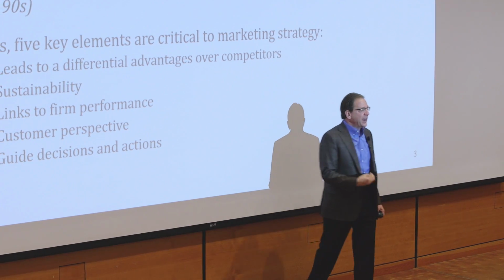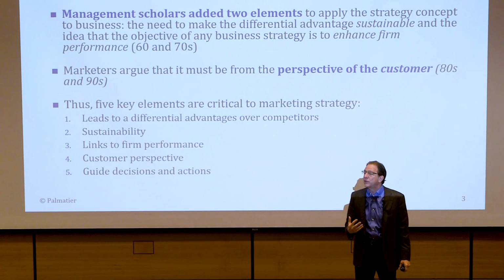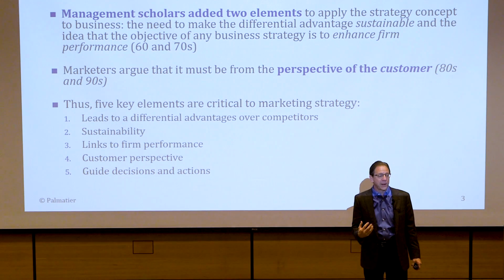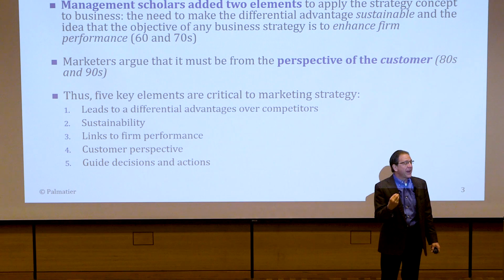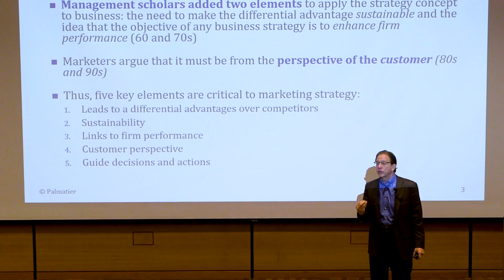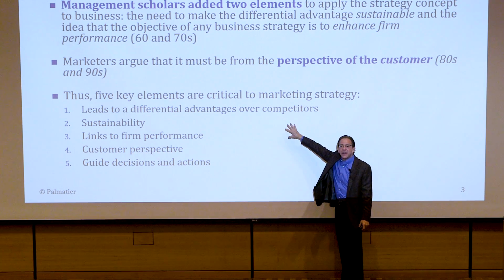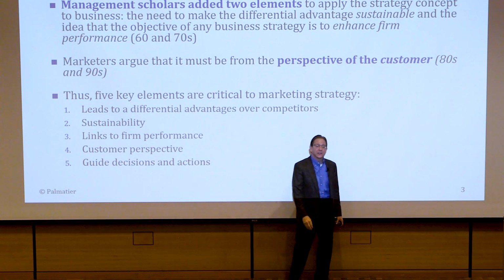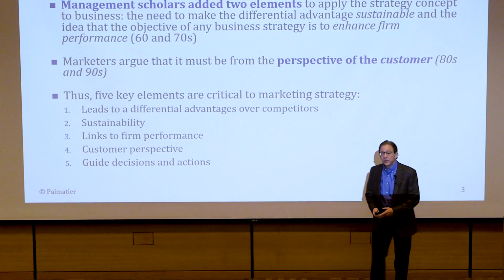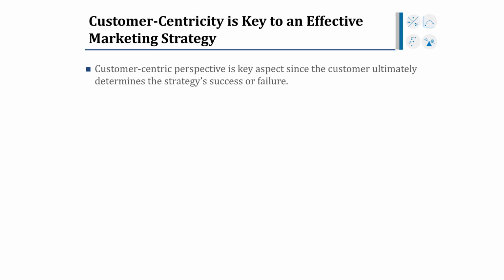Fourth, we're going to think about this, and we're going to do a lot of analyses and processes where we think about these benefits from the customer's perspective. Not from the CEO's, not from other stakeholders, from the customer. That's where we believe marketing strategy has to begin and end. And finally, this is not just a set of slides or a binder. It has to lead to decisions and actions. Decisions and action. Things that you do. So we'll put those 5 elements together to come up with a definition of marketing strategy. But first I want to speak a little bit more about customer-centric.